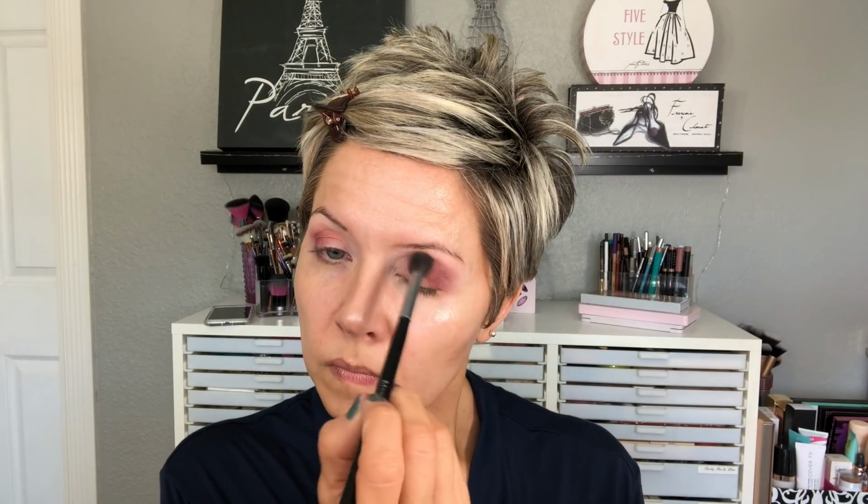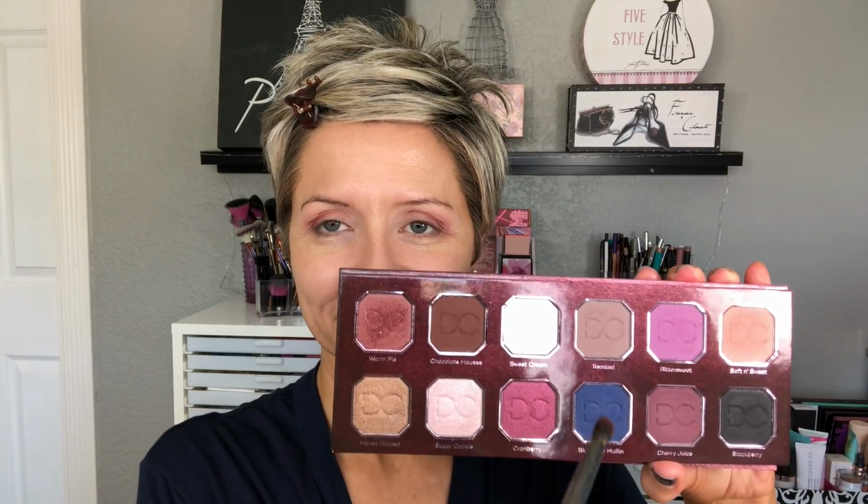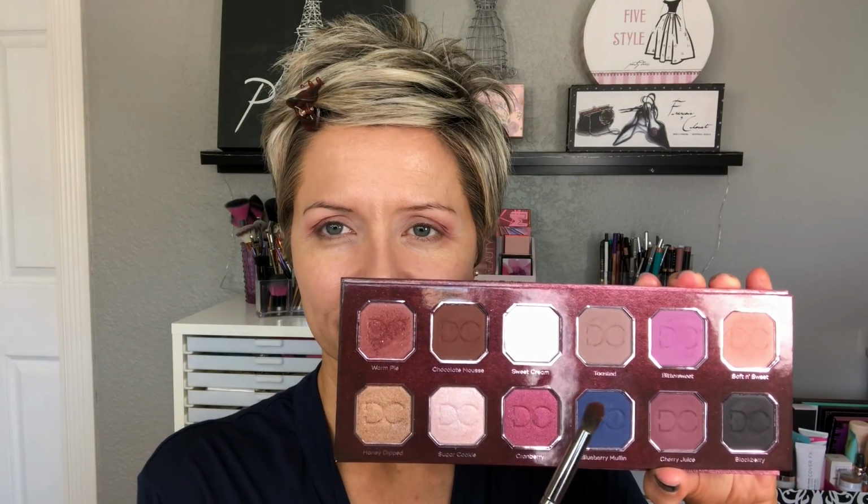I know what you're thinking, Shirley, I thought this was a blue eye look. It is. So just hang with me here. Now we're going to dive into that blue shade. This is called Blueberry Muffin, and I'm going to use the E17 from Morphe. This is a super pigmented color, and what I do love about this is it is blue, but it's not